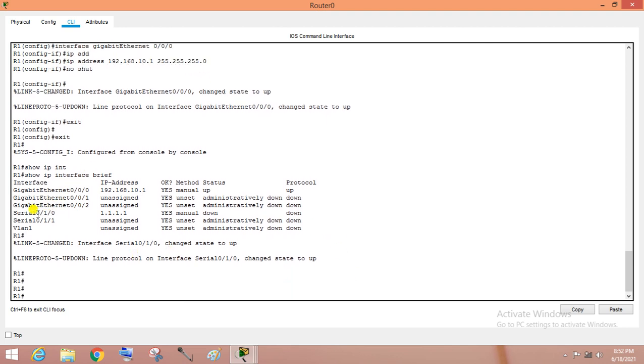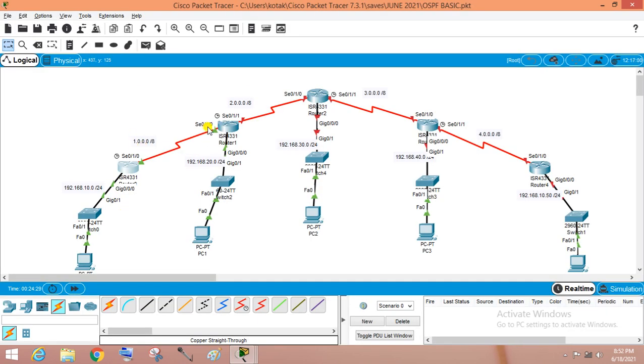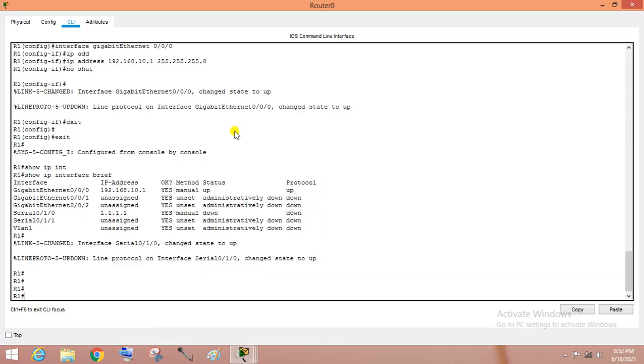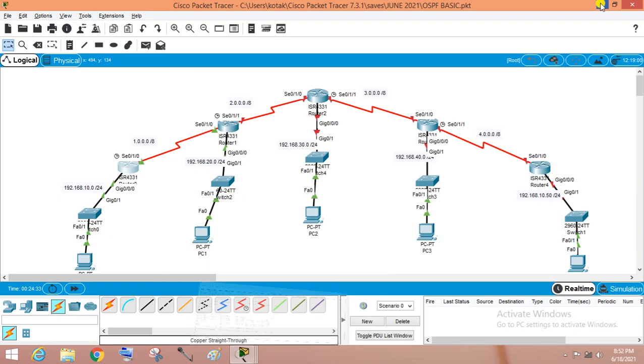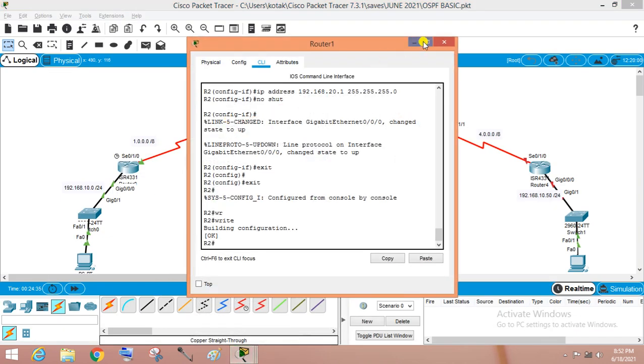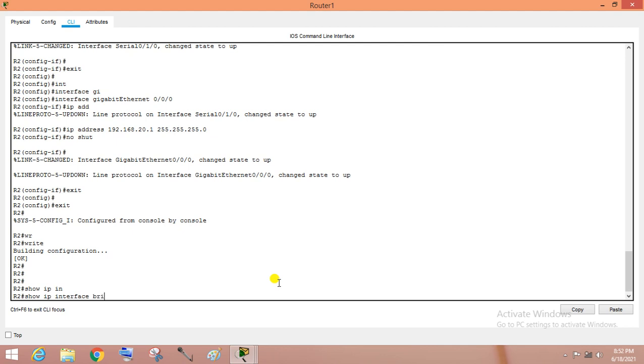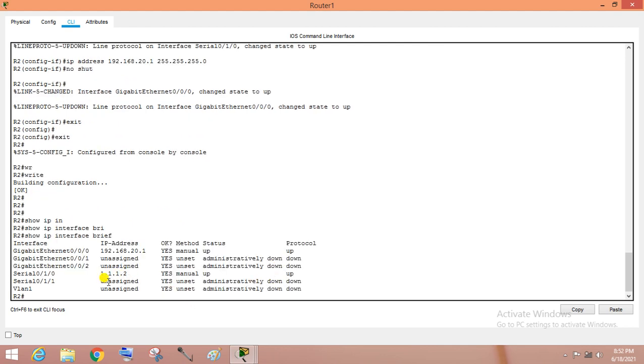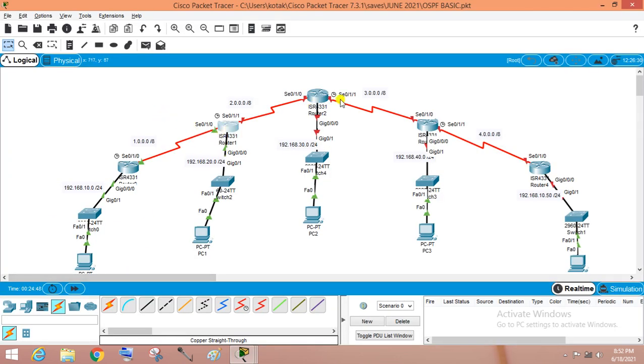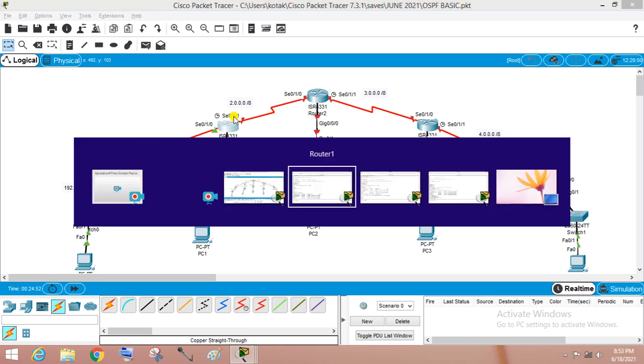What we assigned on the serial interface was 1.1.1.x. So we have to check router number 2, whether we have assigned it or not. Show IP interface brief. Okay, we have assigned 1.1.1.2. Now this router is connected with the next router, so we have to assign an IP address here also.